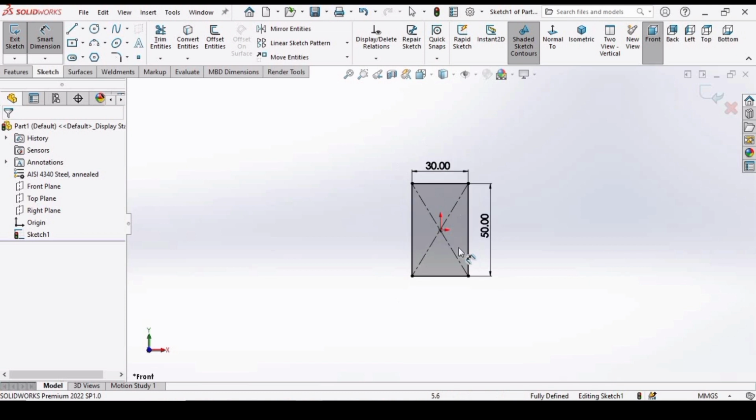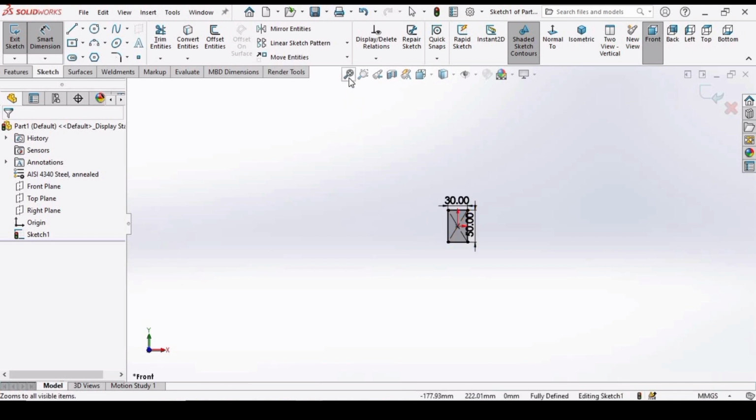Or if we have zoomed out, I am using the wheel of the mouse. Okay, you can use the wheel of the mouse in order to zoom in and zoom out, but if you just select this button, then you can automatically get